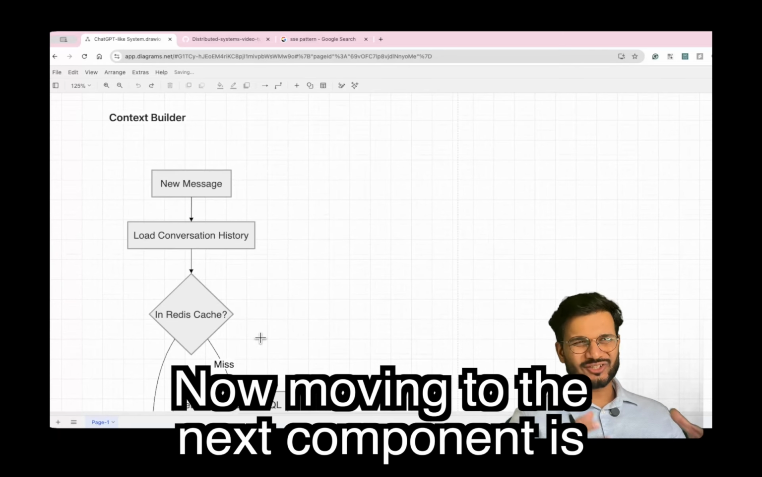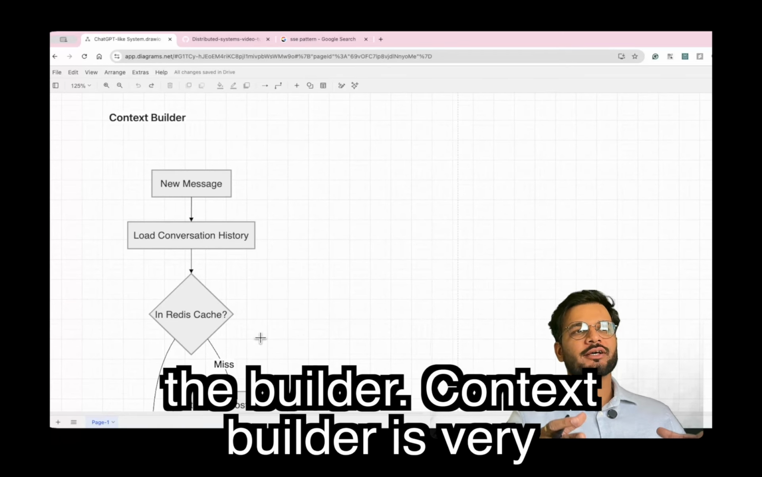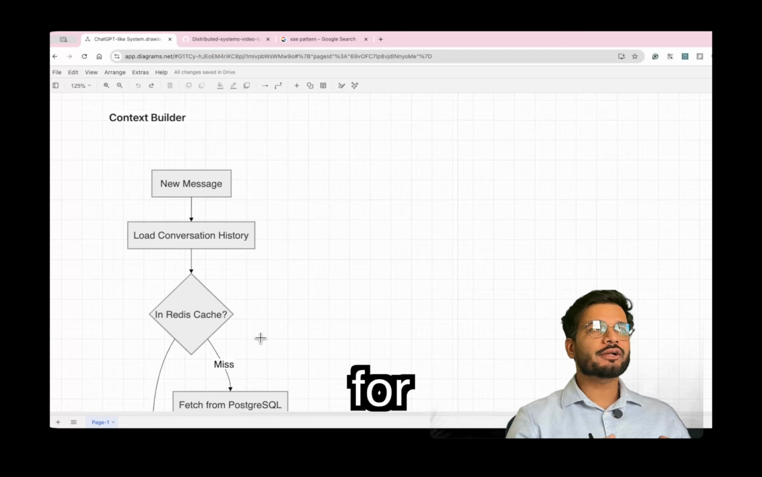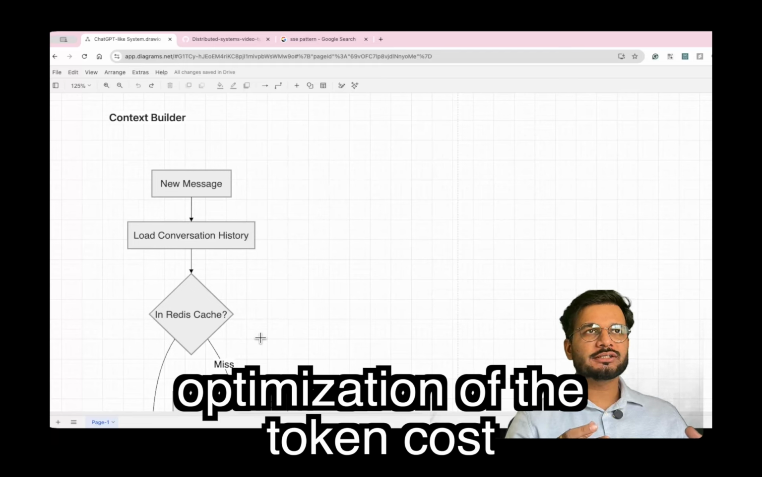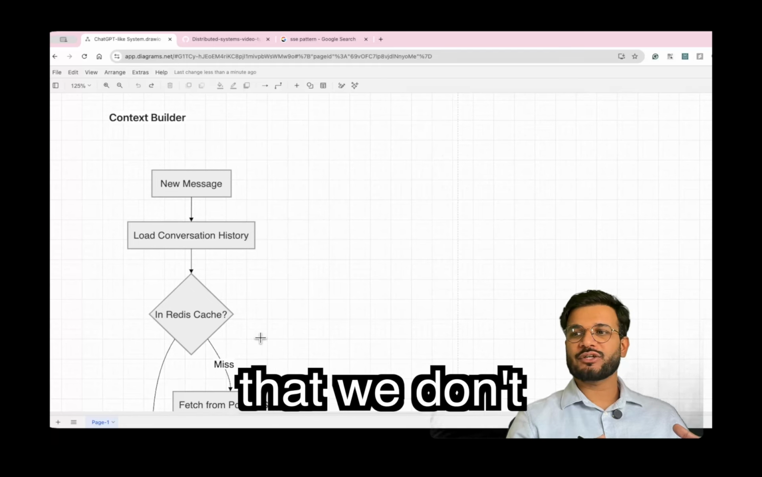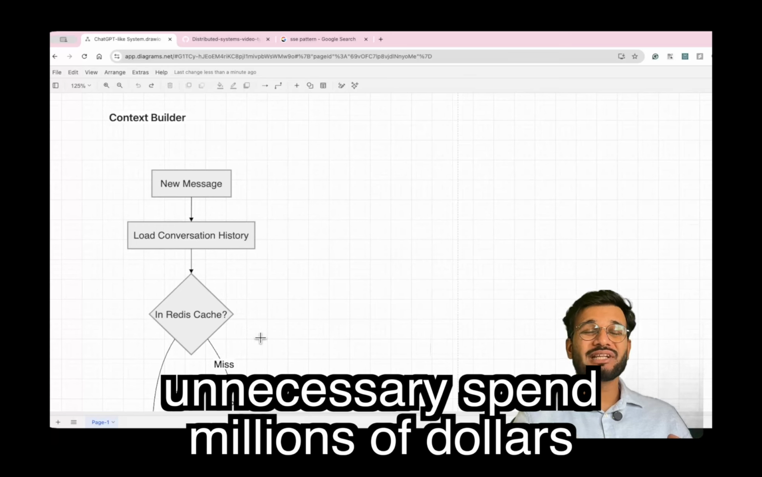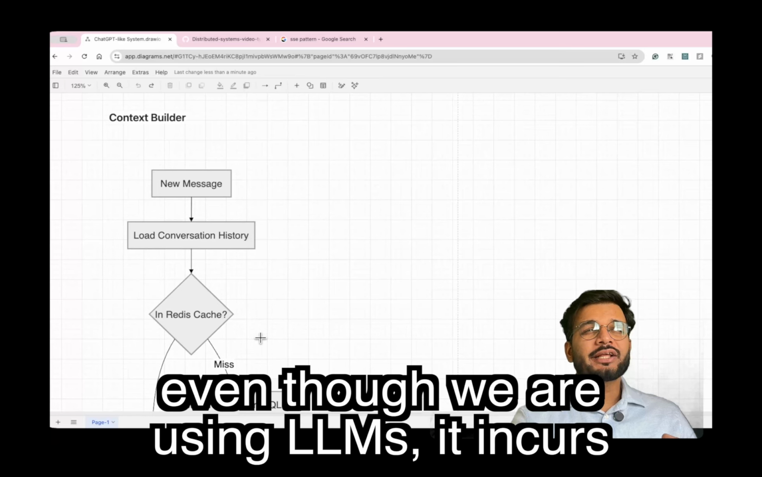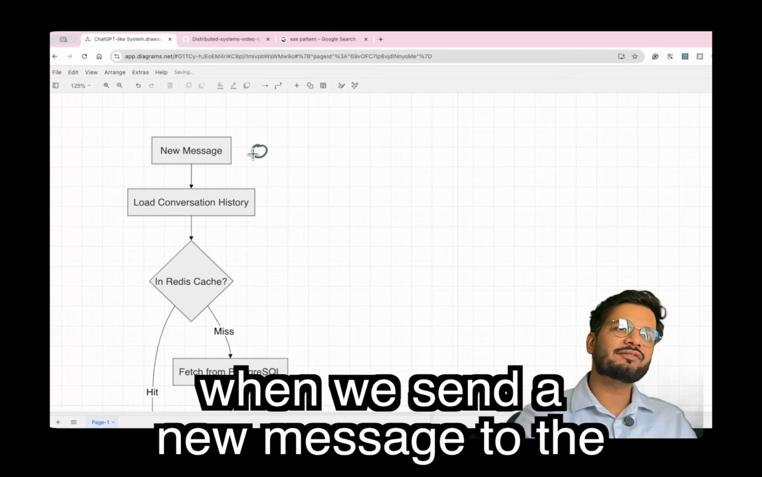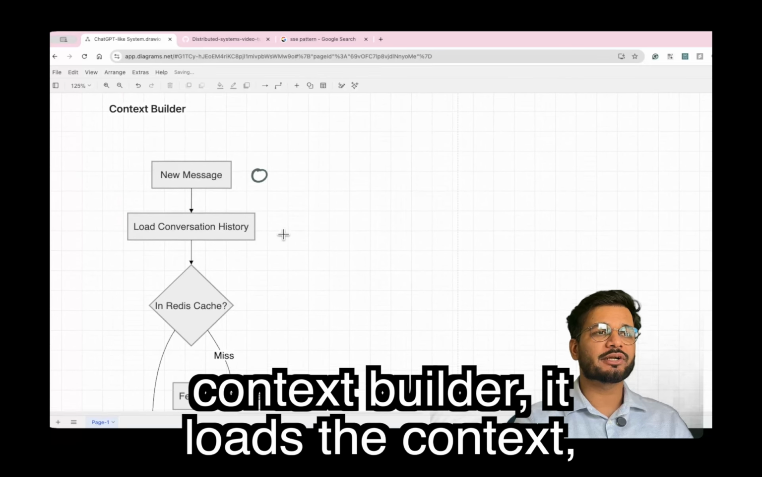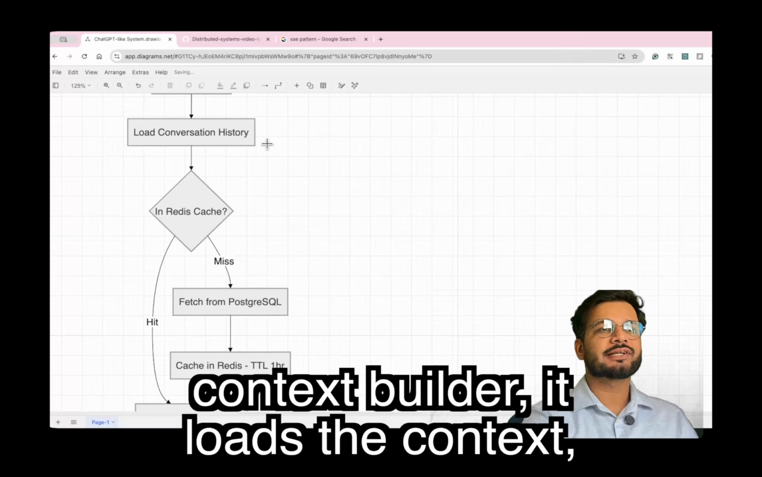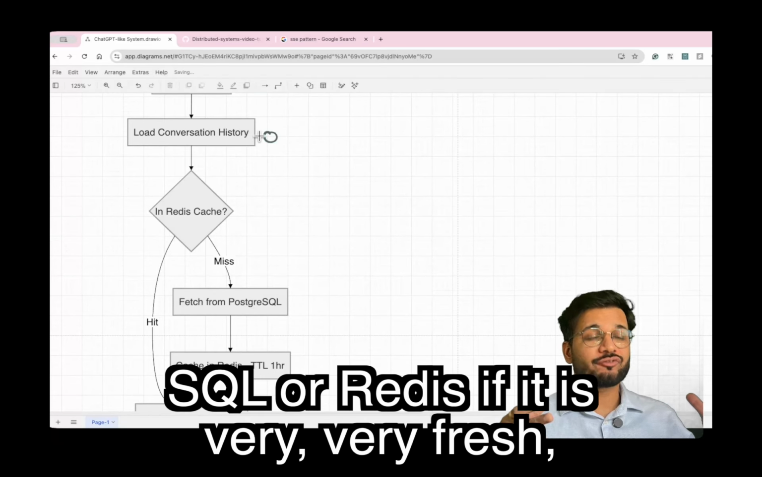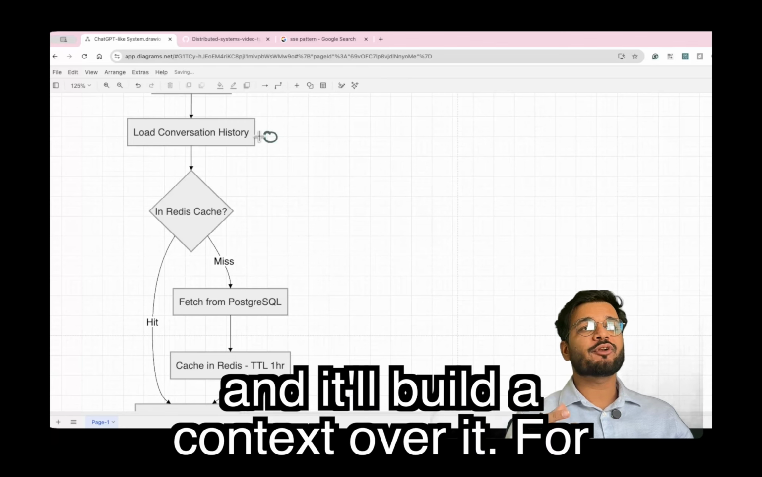Now, moving to the next component, the context builder. The context builder is very important and is used for token optimization and cost optimization, so that we don't unnecessarily spend millions of dollars. Nowadays, even though we are using LLMs, it incurs millions of dollars. When we send a new message to the context builder, it loads the context. It might be loading it from PostgreSQL or Redis if it is very fresh,